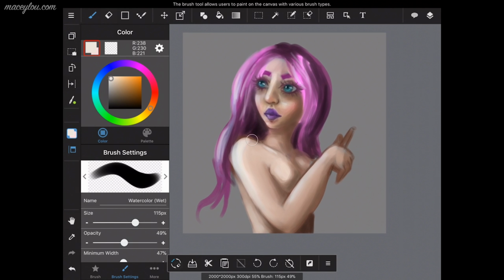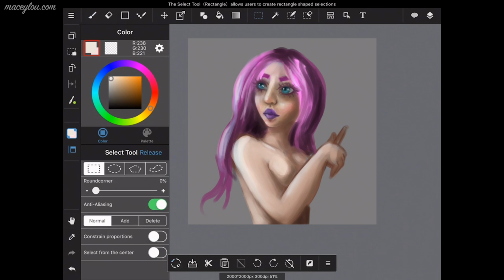It's me, Lou here, and in today's episode of How to Use MediBang Paint, we are talking about the cut and paste tool. So I'm just going to go ahead and select her mouth with the selection tool, and I'm going to go up to the menu and hit cut, and I'm going to cut it, and